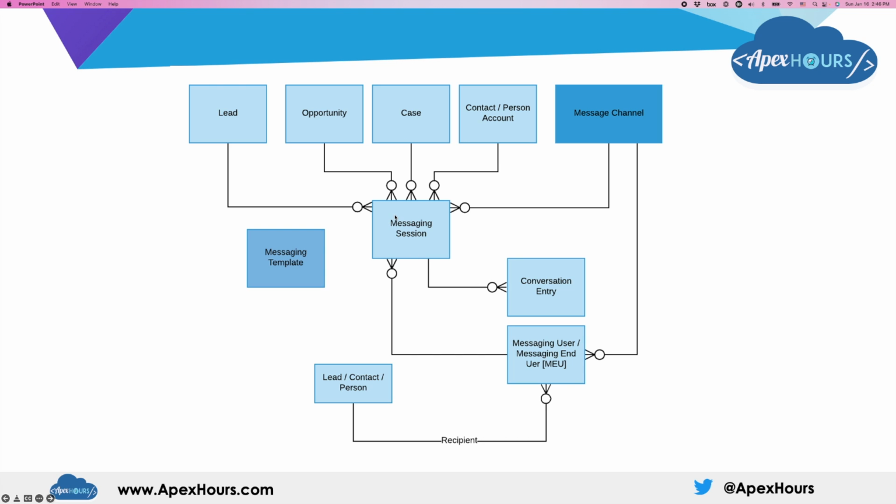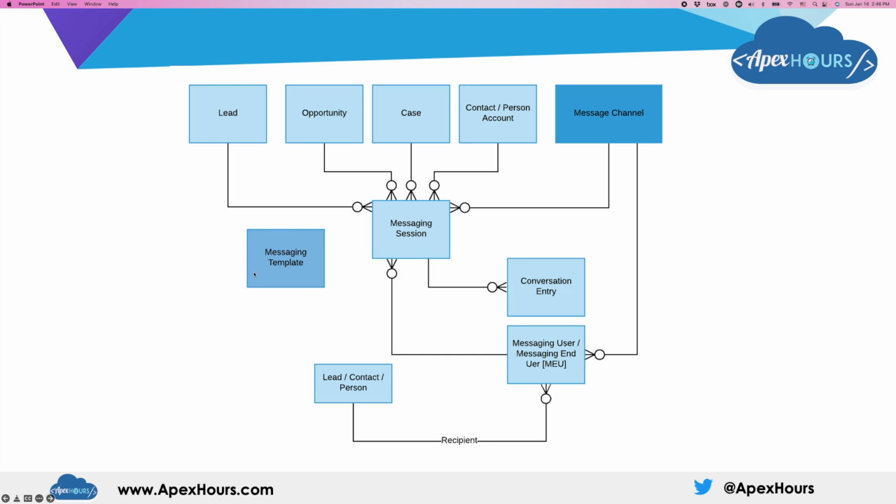Now if someone is contacting you because of these reasons, but who are actually those persons? Those persons could be lead, could be contact, could be person. And the way it says that, okay, let's say Jitendra contacted Acme Travel Support, that would be linked. So this person would be linked to the messaging session using messaging end user, also known as MEU. And like I said, there are some templates that need to be approved. So all the approved templates, like for short messaging and for WhatsApp, are stored in the messaging template.